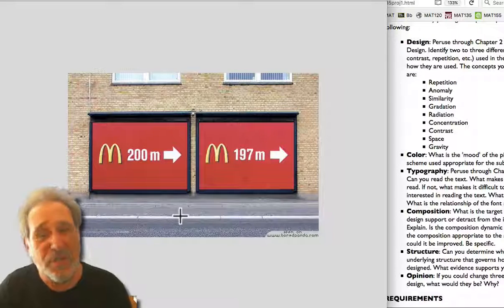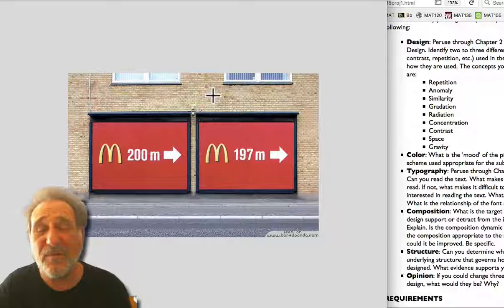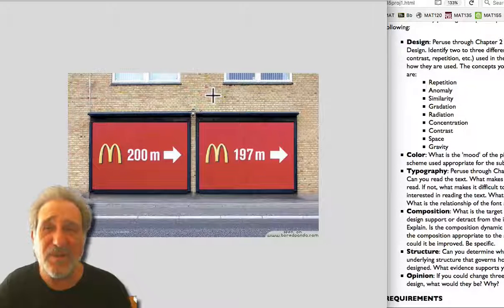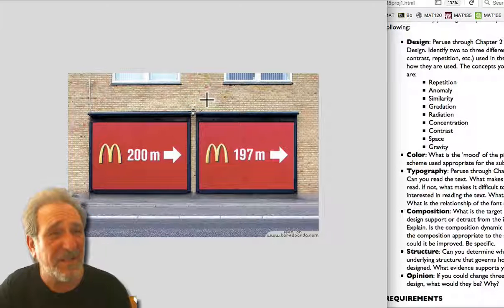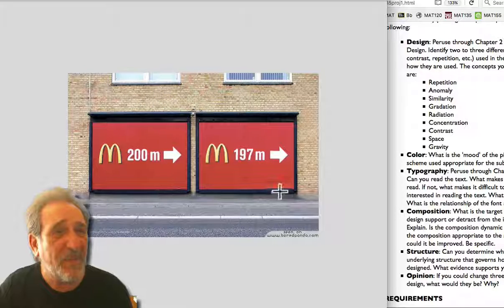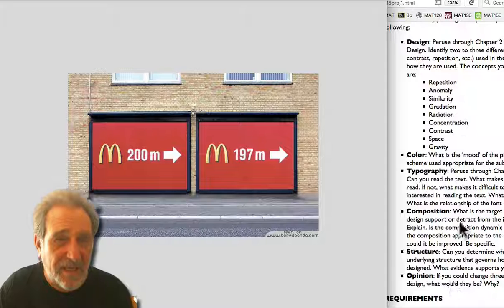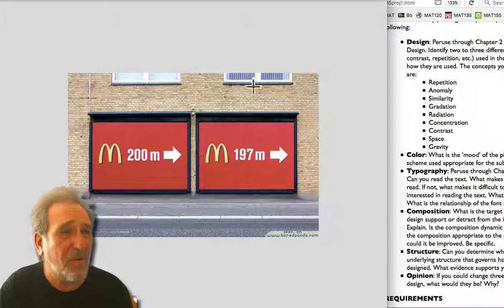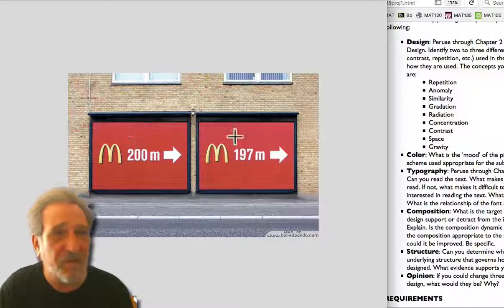Simple is usually better. If you happen to Google good magazine ads, you'll find a lot of stuff from Europe, and their design sensibilities are significantly different than ours, and they'll get away with stuff that we could never get away with. So this is a little bit like repetition. Here we are looking at our criteria: is there repetition? Yes. The two rectangles are exactly identical. And there's a little similarity because the text is a little bit different, but it's mostly